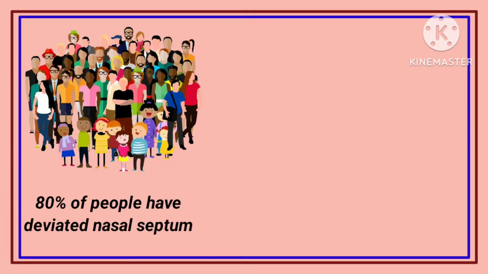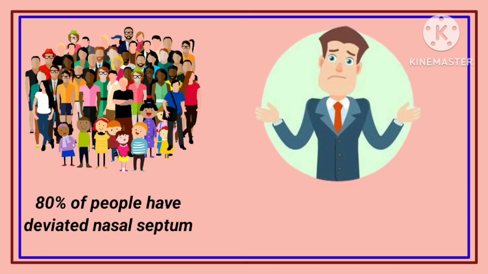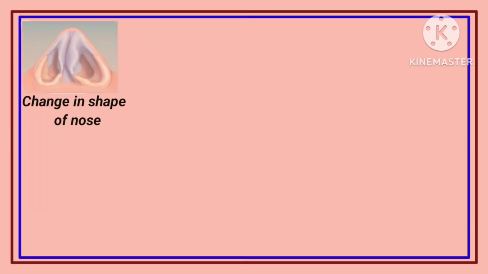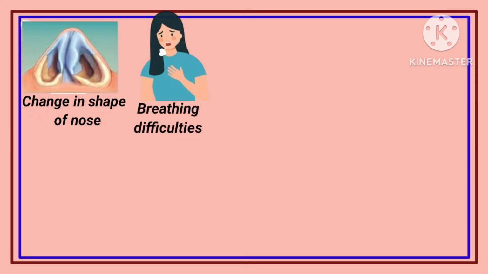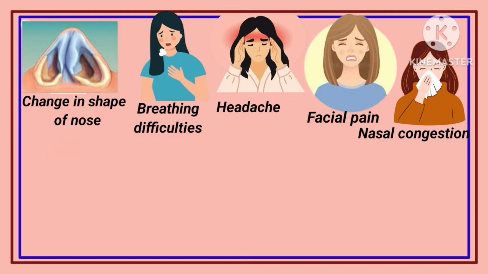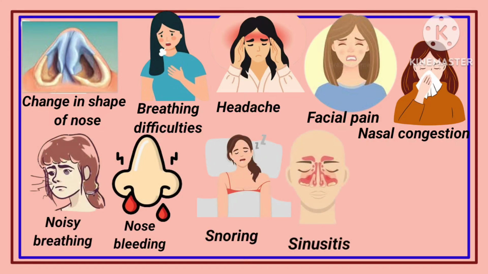Up to 80% of people have a deviated nasal septum. Some people don't even realize that they have a deviated nasal septum because they don't have any symptoms. People with a severe deviated septum may notice changes in the shape of their nose and other symptoms like difficulty in breathing out of one or both nostrils, headache, facial pain, nasal congestion, noisy breathing, nose bleeding, snoring, chronic sinusitis, that is inflammation of your nasal sinuses,